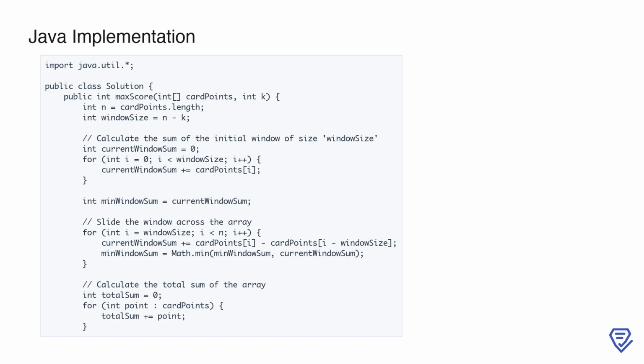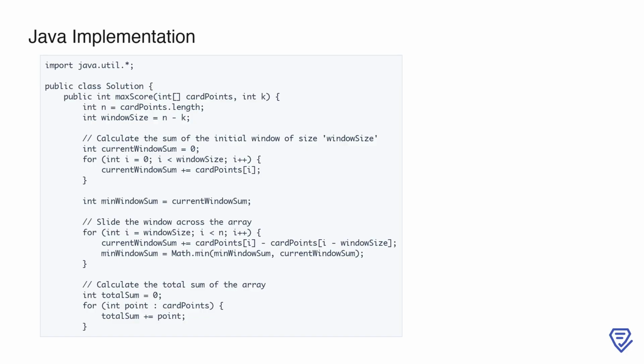After that, we slide the window across the array. For each new position of the window, we update the sum by adding the next element in the array and subtracting the element that is leaving the window. We then compare the updated current window sum with min window sum and store the smaller of the two. This ensures that by the end of the loop, min window sum holds the smallest sum of any window of